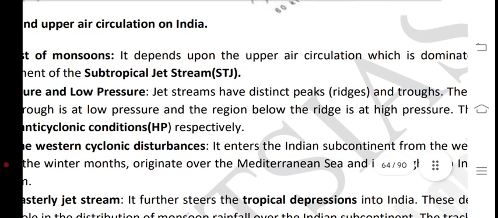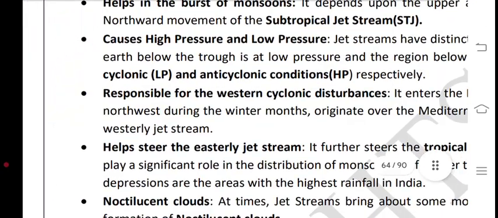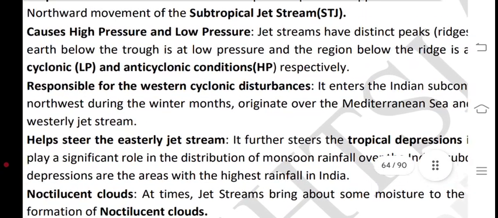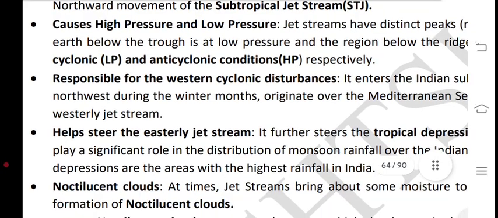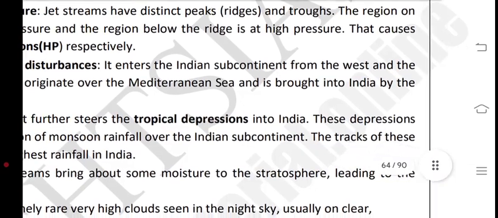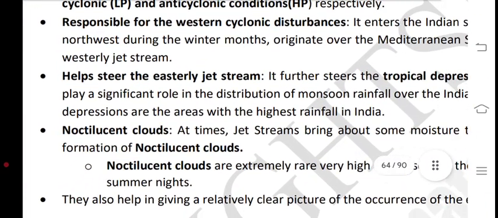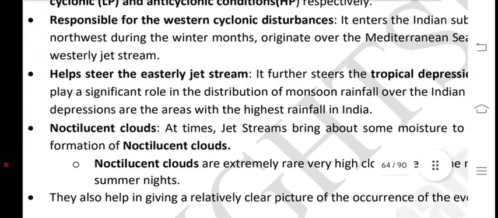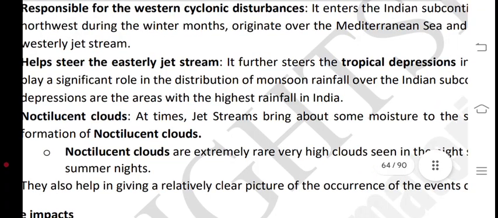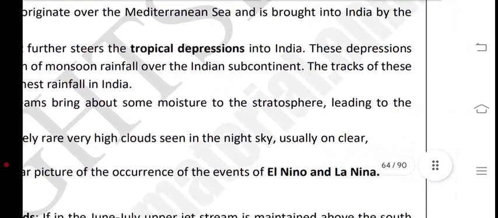It depends upon the upper air circulations, which are dominated by the northward movement of the subtropical jet stream, STJ, and cause high pressures and low pressures. The jet stream has crests and troughs, the regions of cyclonic LP and anticyclonic conditions HP respectively, responsible for the western cyclonic disturbances, and it enters the Indian subcontinent from the west and northwest